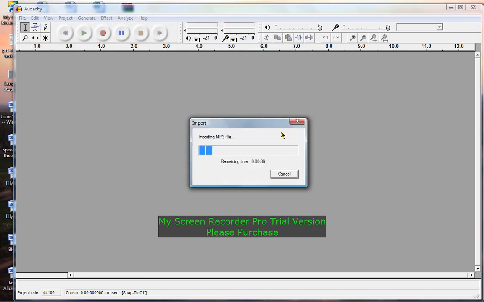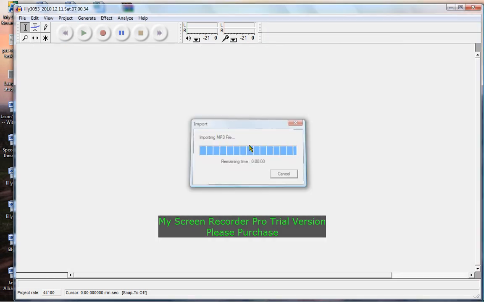And the bigger the file, the longer it takes to open. What is happening is the Audacity program is looking very carefully at the MP3 and dividing up the different sounds that are on the MP3. In this case, because it's about 15 minutes, I have to wait quite a few seconds for it to come on. And I guess the slower your computer, the longer this will take. Okay, now hopefully after a while